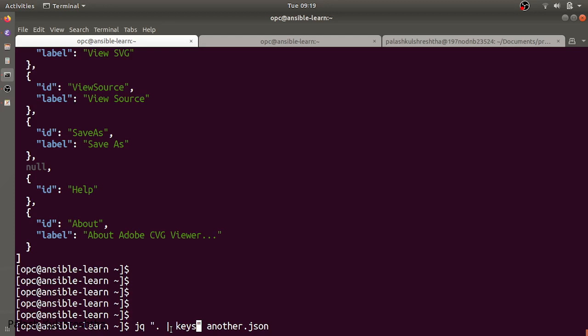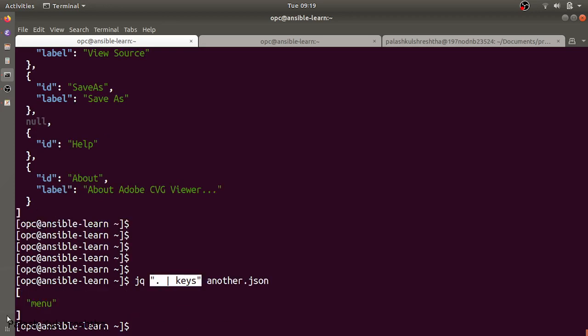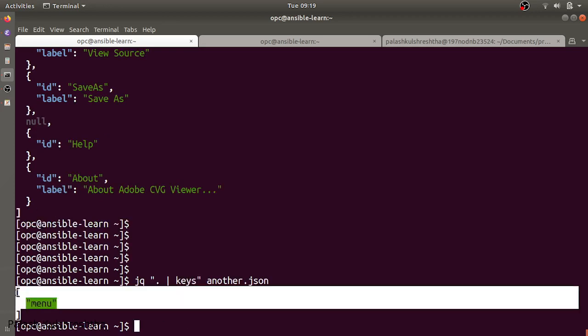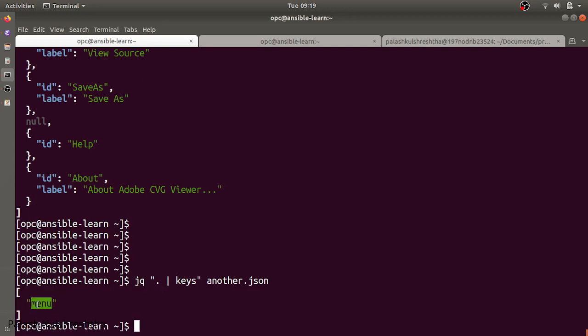This pipe is inside the JSON query that we are writing. It is in double quotes. It is not in the Linux context, because it is inside double quotes for the JSON query. Let's try to see what it gives. It gives us that it has only one key, and its name is menu.